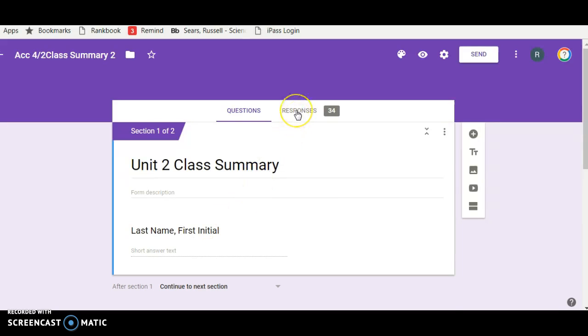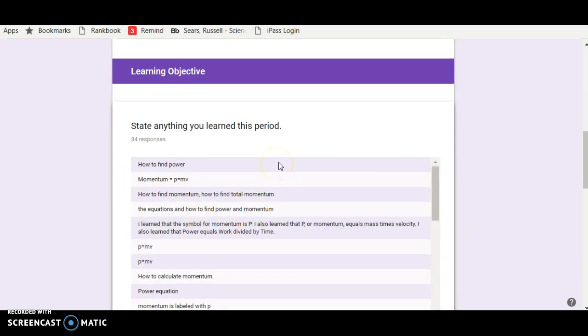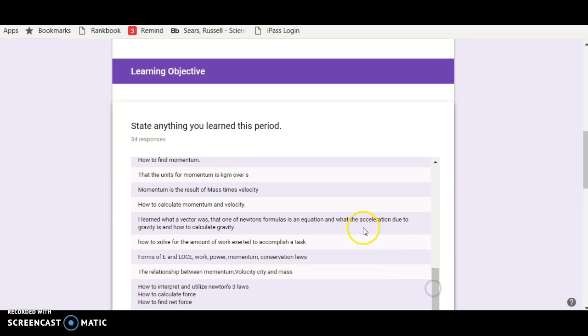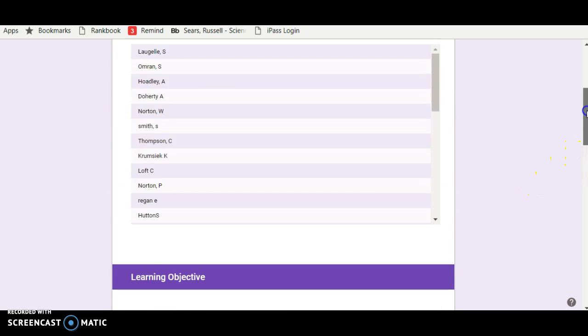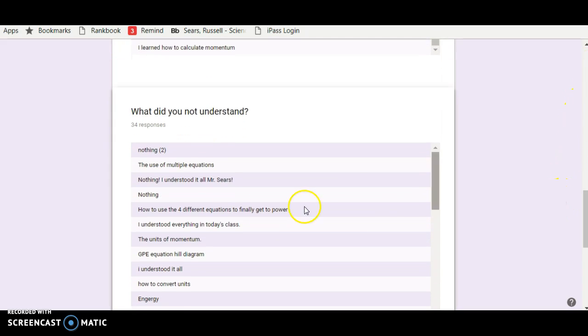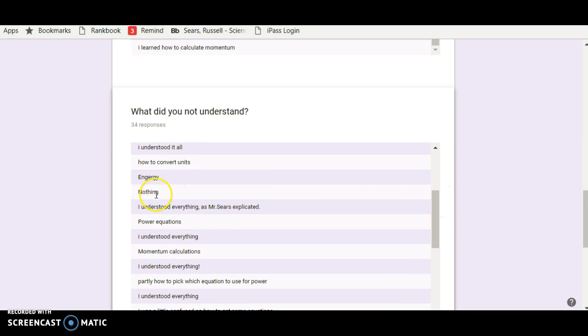Nice thing about Google Forms is that I can go to the responses, skip the names. I can quickly see the responses from many students at the same time. Export this as a spreadsheet, which allows me to look at it, or if I wanted to print it out as well. Usually just looking at this, I can see what the kids have learned, what did you not understand, and